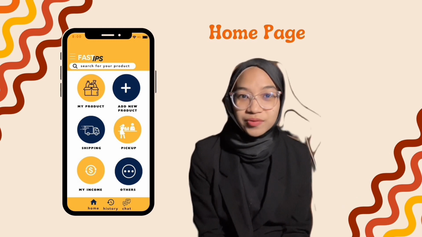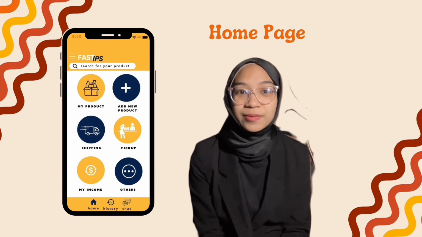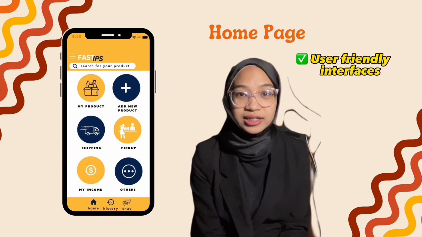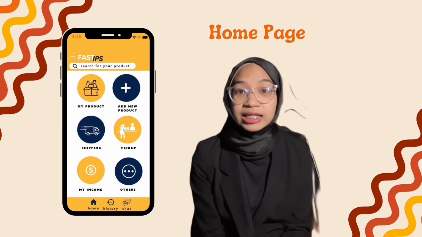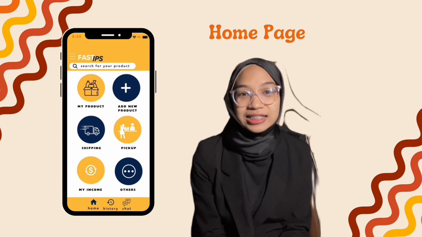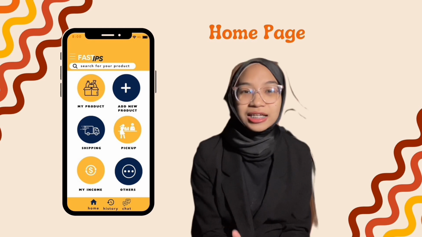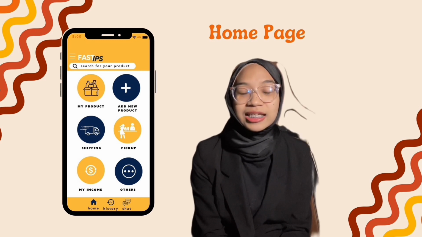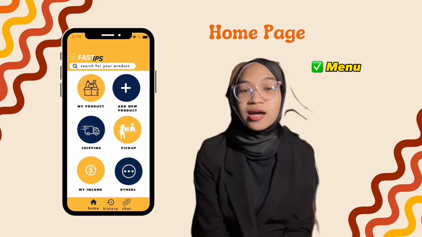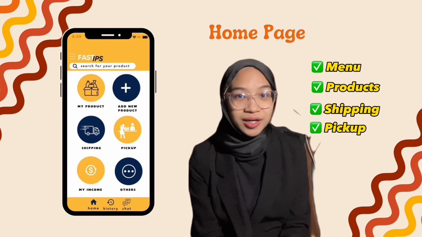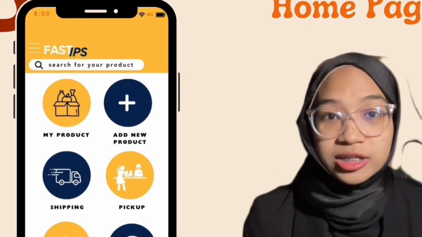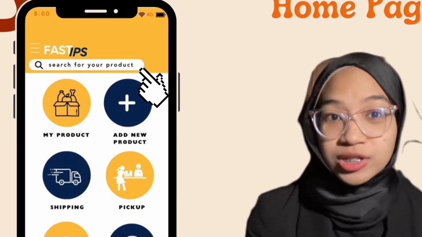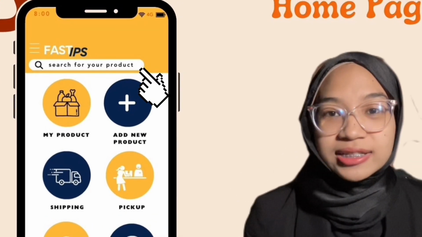The homepage greets users with a visually appealing and user-friendly interface, featuring a clean layout and clear navigation options. Thus, customers can effortlessly navigate and access all the key features and functionalities in this application, such as menu, products, shipping, pickup, income, history, and chat. At the top of the page, there's a search box for users to search for any products that they are looking